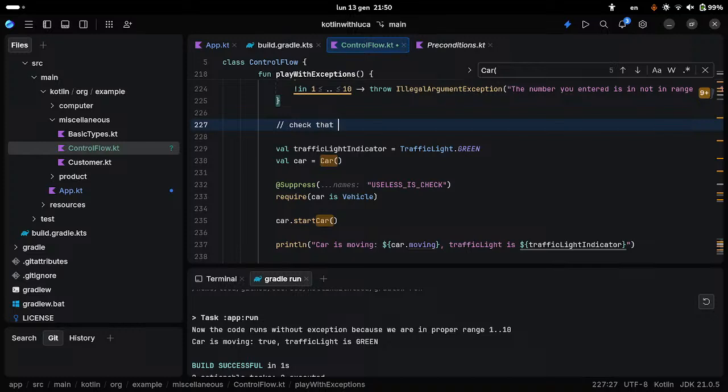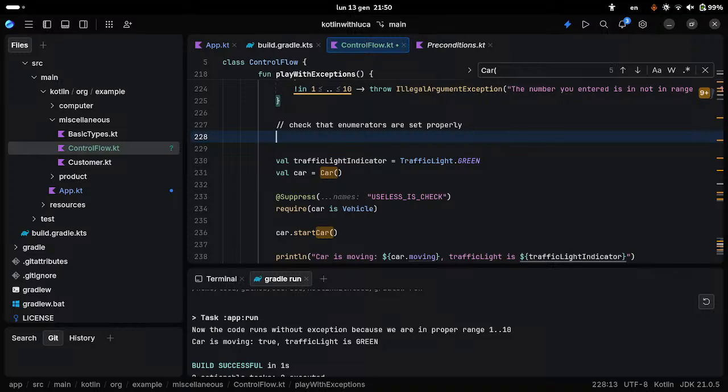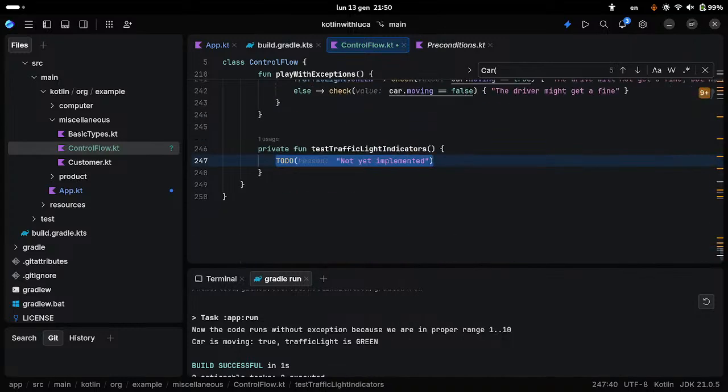Check that the enumerators are set properly. So test traffic light indicators. And we create a function and we say